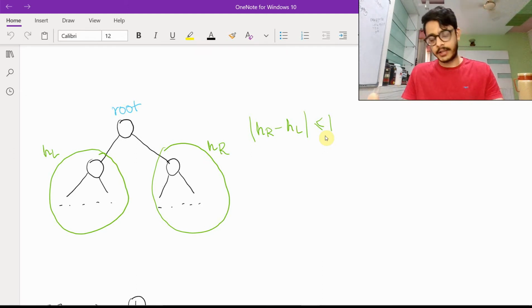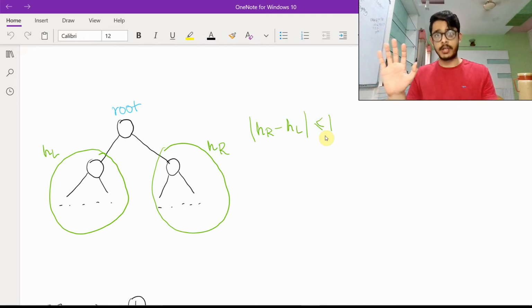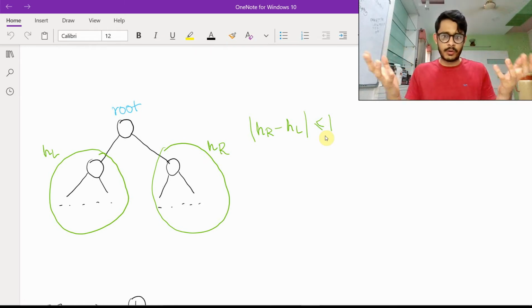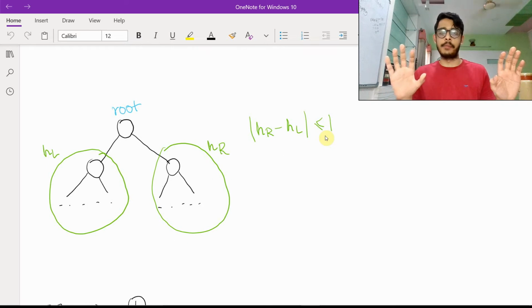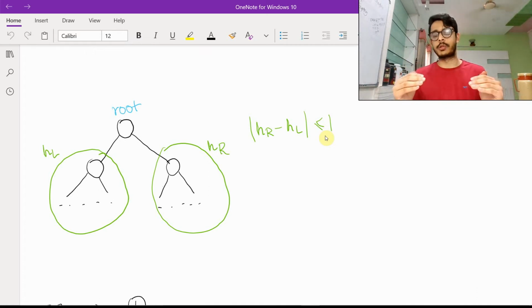So this height balanced binary search tree, or BST, follows three particular properties. First is the left node of this tree is going to be a height balanced BST in itself. Similarly, the right node of the height balanced BST is going to be a height balanced BST in itself. This is sort of recursive in nature, and we'll exploit this fact again. The third condition is that the difference in the heights of these two subtrees is going to be less than or equal to 1, which means that they could be either of equal height or one less or more. So this kind of difference is allowed. Anything more than that is not allowed.